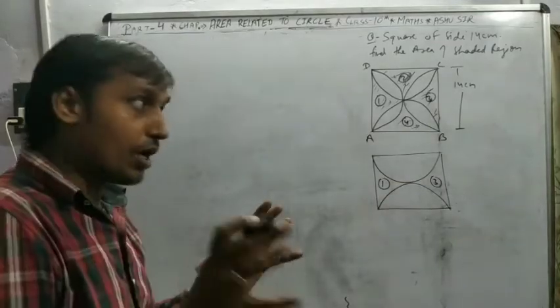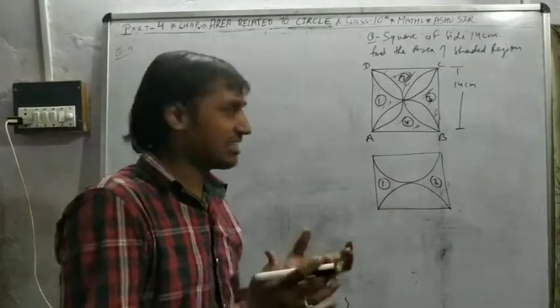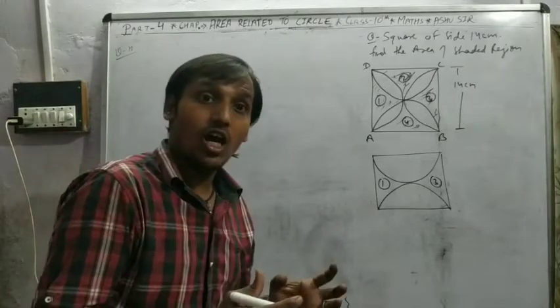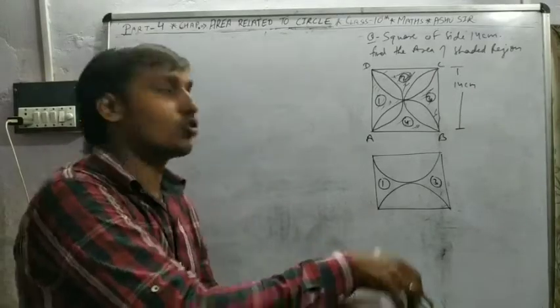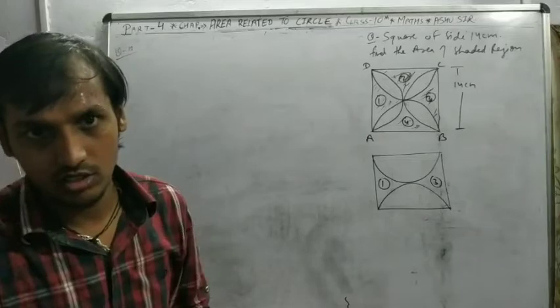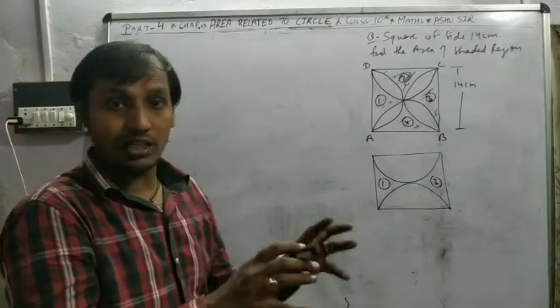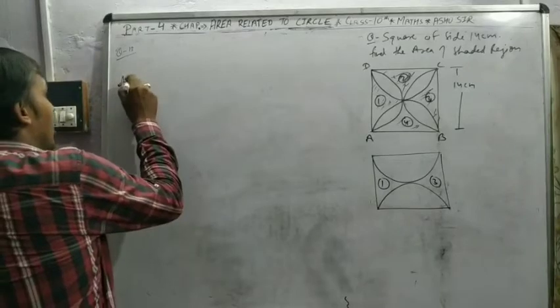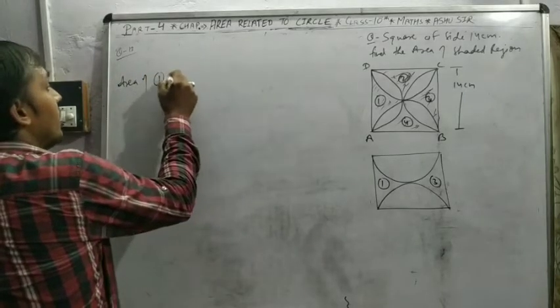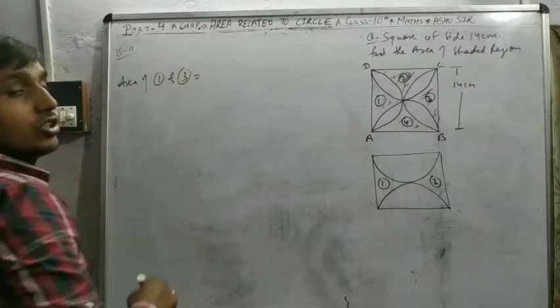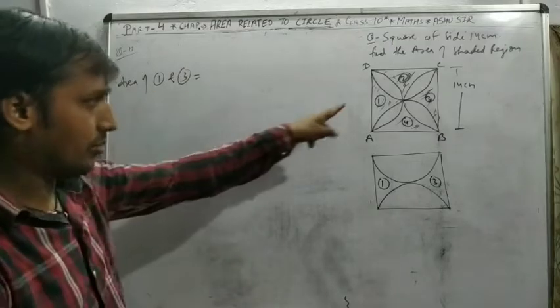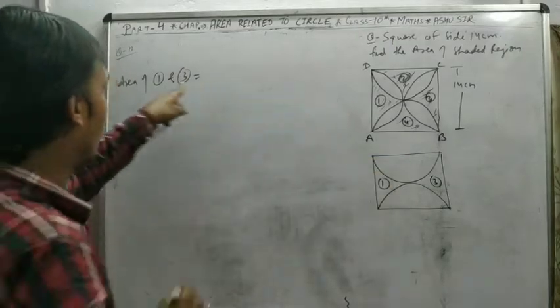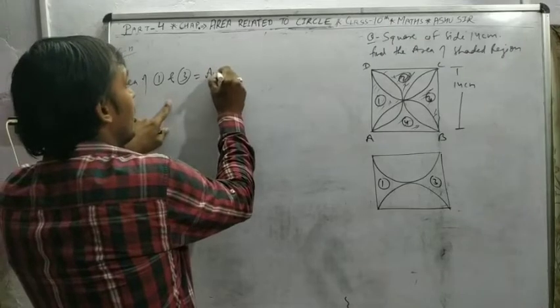We only operate on the figure for understanding how we make the formula to find the shaded region. We only operate, meaning divide the figure. If I say area of 1 and 3 part, in your examination you can also use this type. Okay, 1 and 3 part, that is area of